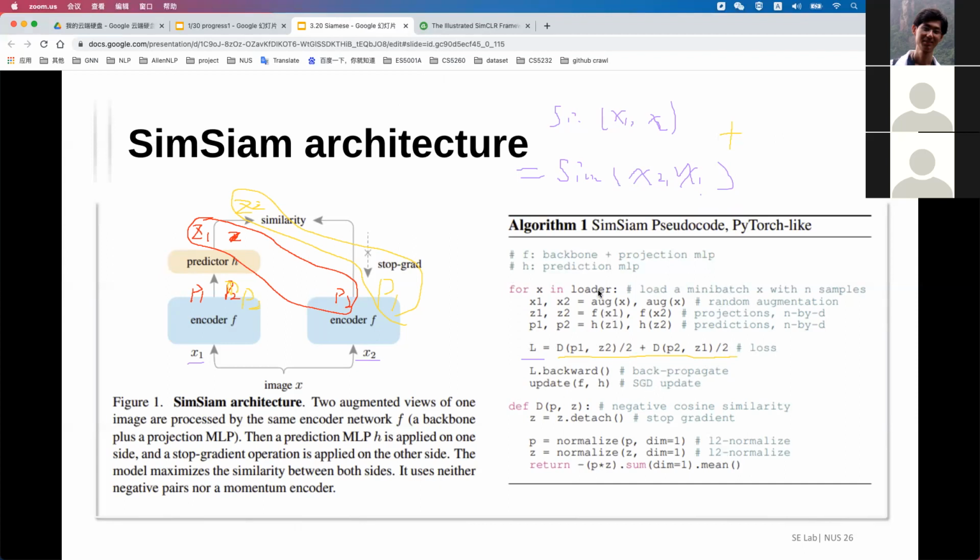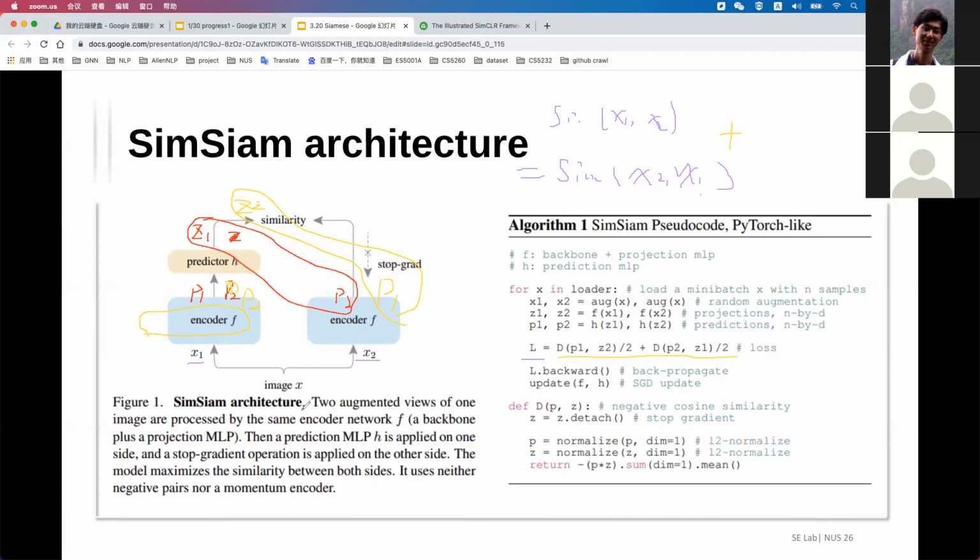What do you mean? I'm not talking about training, I'm talking about prediction. For example, I have two faces and I would like to know whether these two faces belong to the same person, and how to use your Siamese architecture. It's self-supervised, so he just used the representation, the encoder part. Yes, I have the representation and use cosine similarity to compare the representations. Is that okay? Yeah, okay.